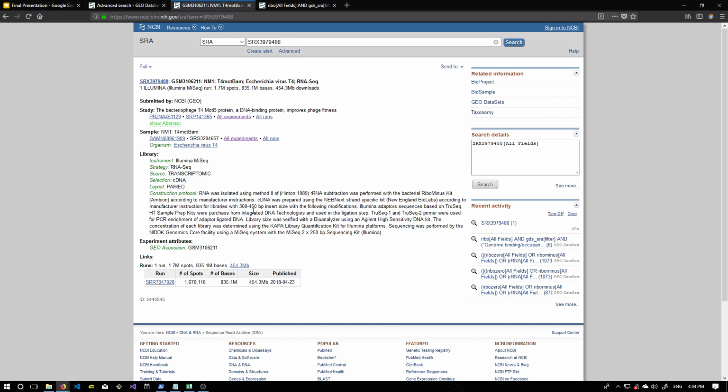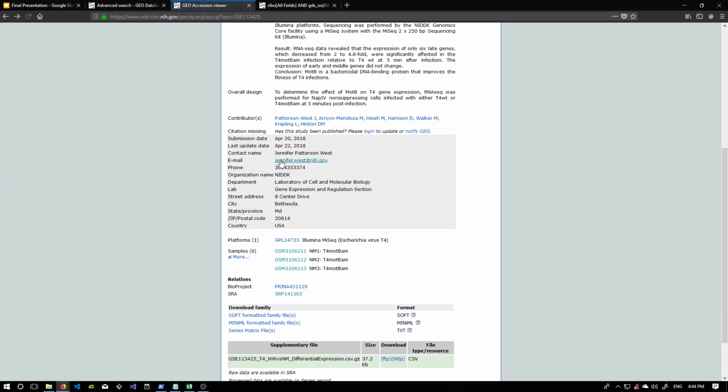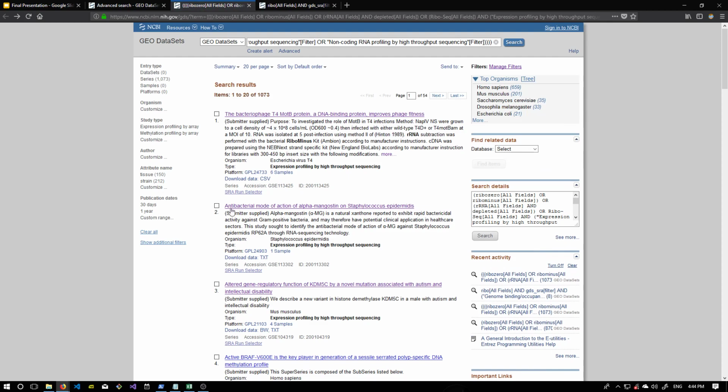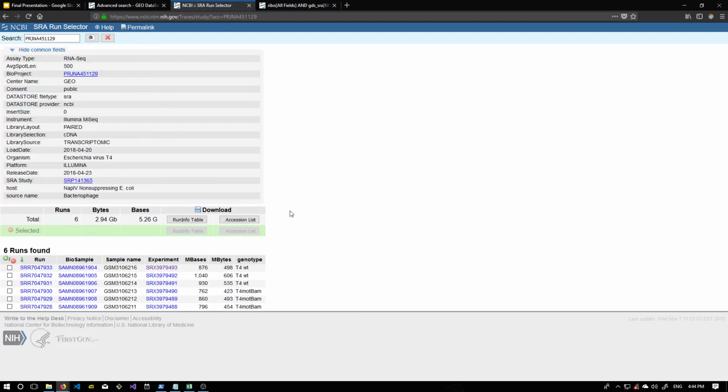Now we're going to see this page again with the SRA run selector, but we will be scraping one more thing if we're doing it through the SRA route, and I'll explain when we get there. So let's go back. If this SRA run selector does exist for an article, we will go to where that hyperlink takes us, and we will scrape all of these hyperlinks to the experiment page that I showed you earlier. Now you might be wondering, why don't we just scrape the SRR code here? We could,